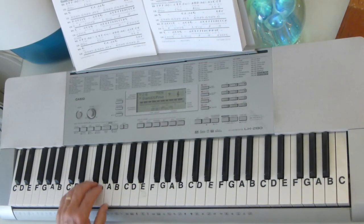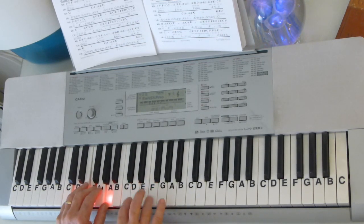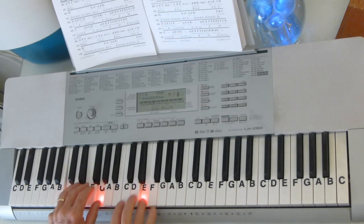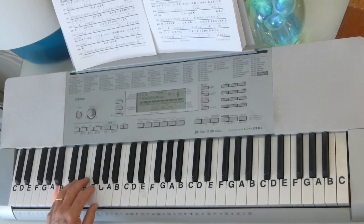Now let's get the harmony. You're going to have a D, F, A, so that D, F's are on a D minor chord. Then we go to a C and an E, G, a C chord, then to a G7, but put a B in the bass. B and the F and G,